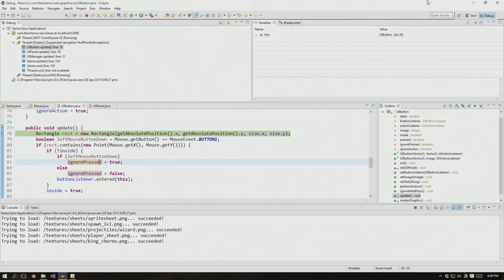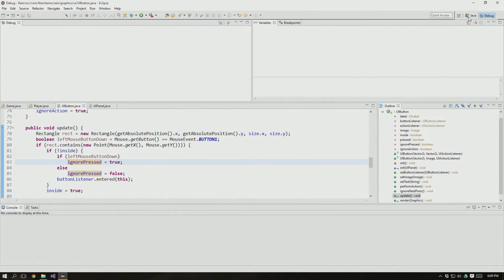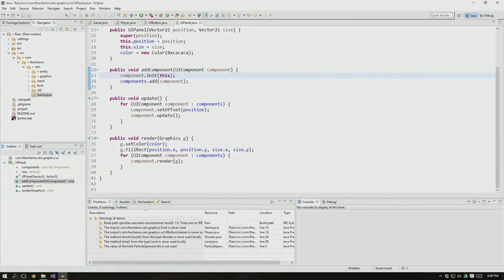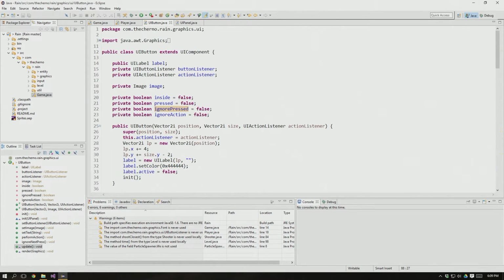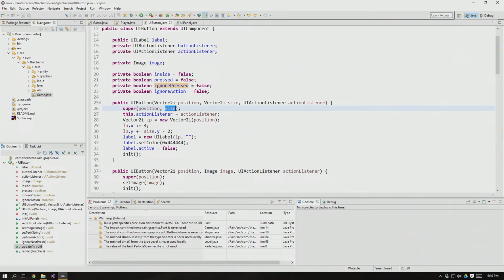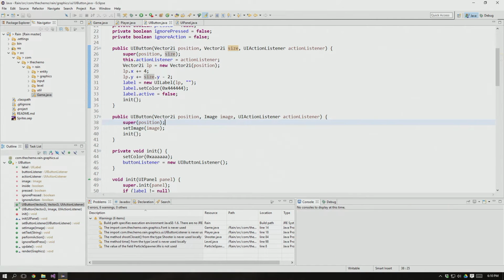Okay, that's a problem. So update. Oh, okay. We do need a size. The reason we need a size is because we absolutely need a size. The reason the size is important is because we want to be able to check the logic of whether or not the button is being pressed. And of course, to figure out if the mouse is on top of the button, we need to know the size. So instead of passing in nothing, I'm going to pass in new Vector2i